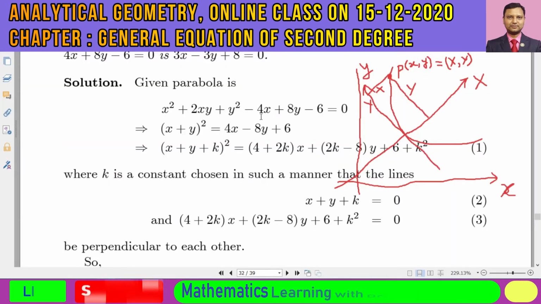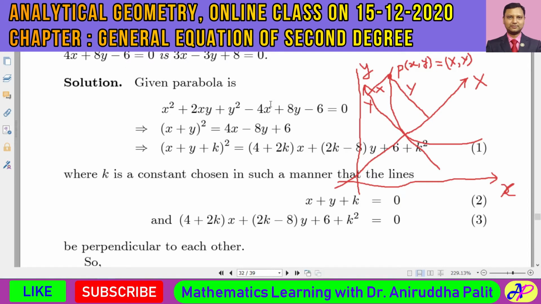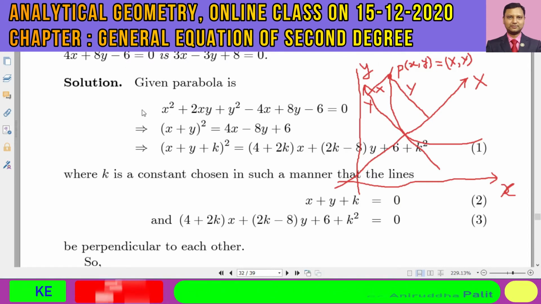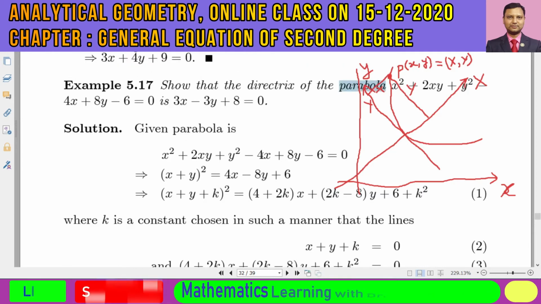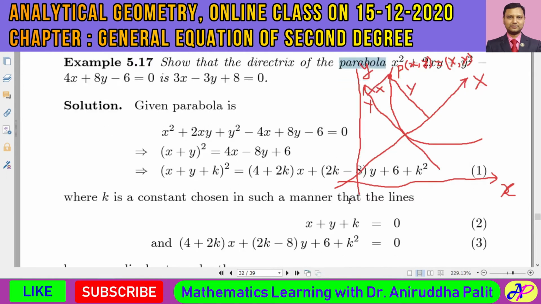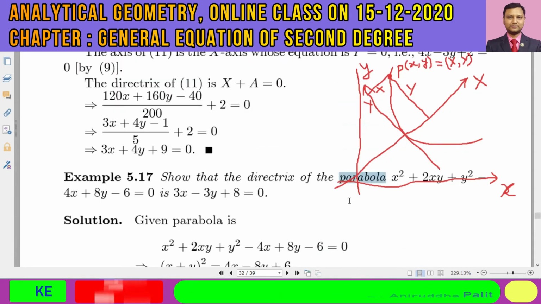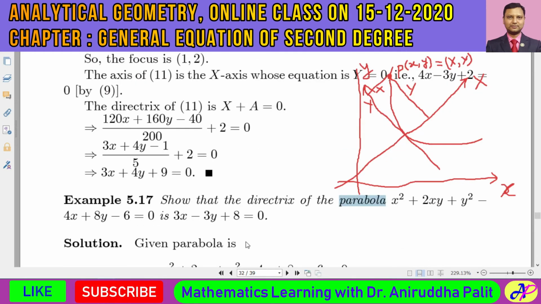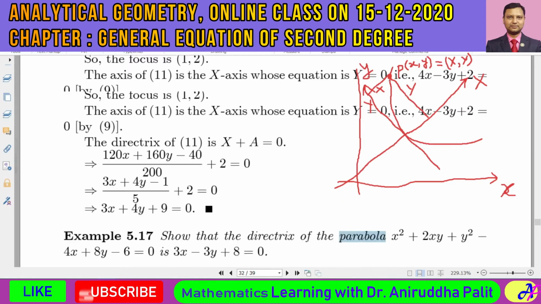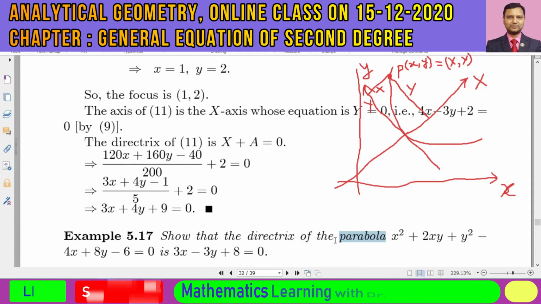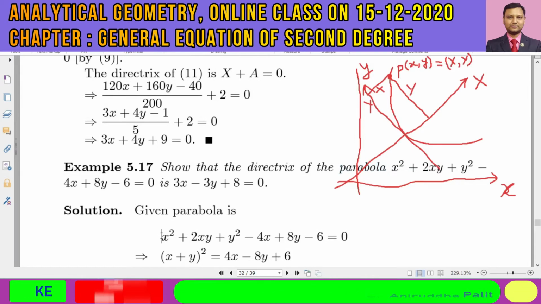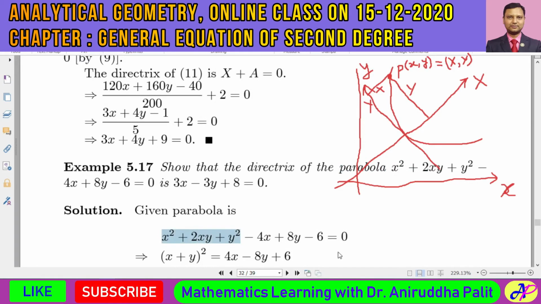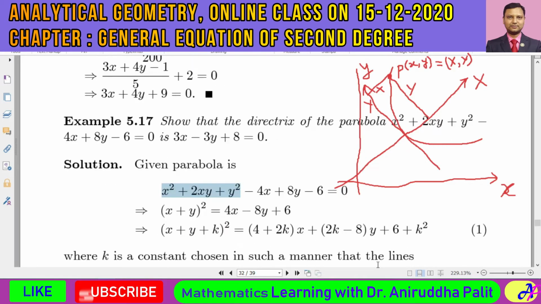So it would be easy to check that this kind of expression represents a parabola. Over here delta would not be equal to 0, and over here delta would not be equal to 0 and d would be equal to 0. So now what we are going to write, this is the equation, and if you look at this expression, this is a perfect square expression.